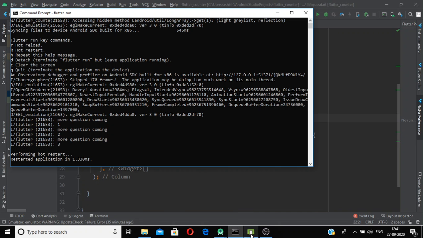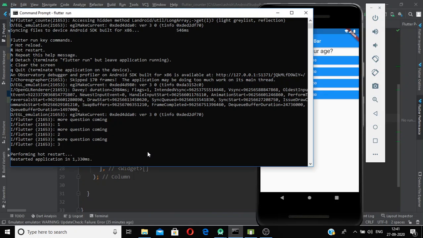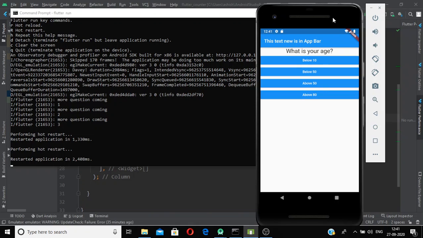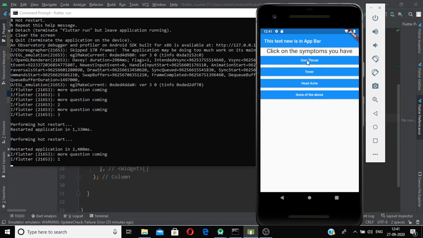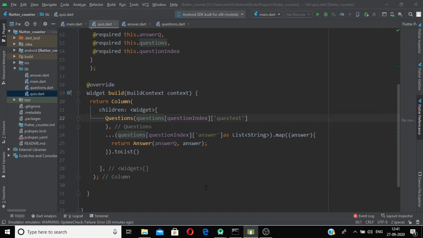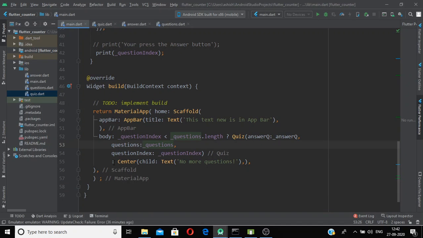Let us run our program once again. Let us do a hot restart. As you know, we haven't changed the interface or anything, but we tried to make our main.dart file clean and lean as a standard procedure. So our app is still working. In the next video we are going to make a separate widget for this Center widget, with this else block, and we will add more functionality to this Center widget.